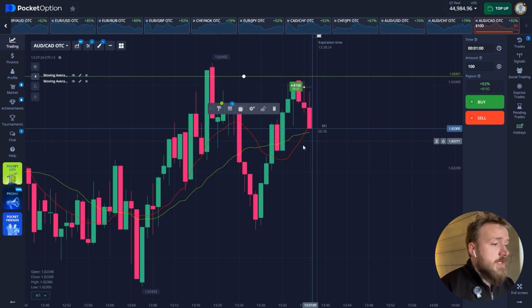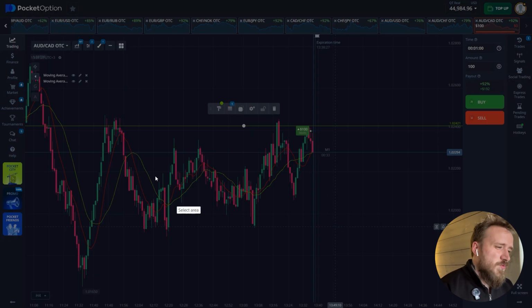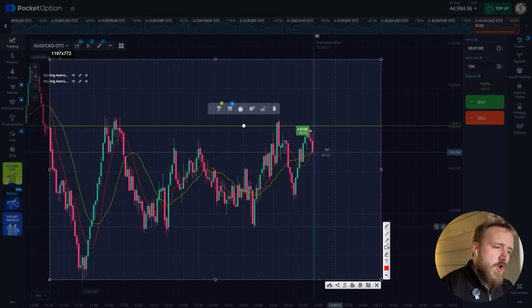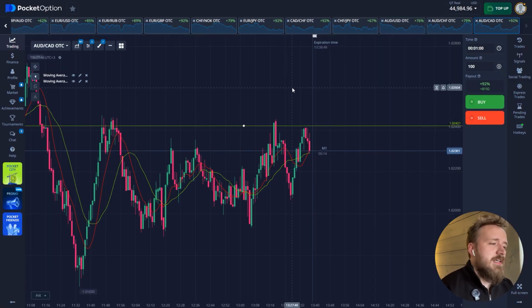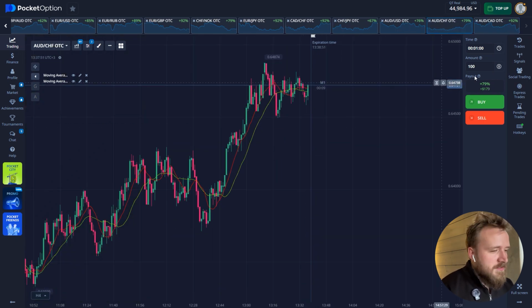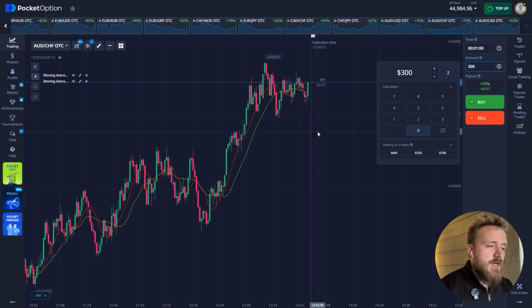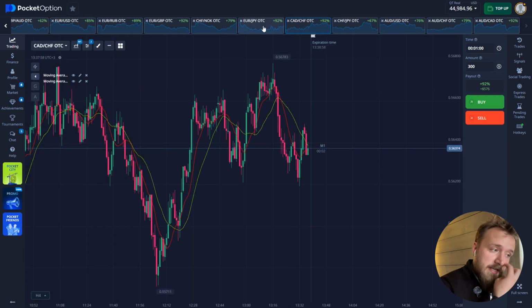Everything should work together. Here we should have opened only for a downward move, because if you zoom out the chart, you'll notice a resistance zone here, and the price touched the zone 3 times and reversed 3 times. So logically the correct decision was to open a trade downward. This trade ended in a loss, but now we'll fix everything. The next position will be for $300, a modest $300 trade. Let's find the next trade, analyze it,